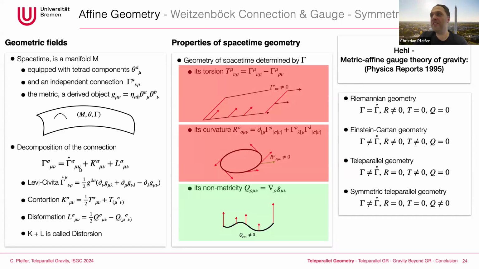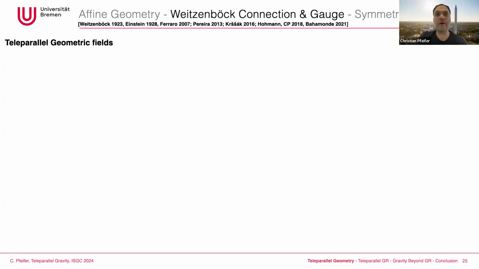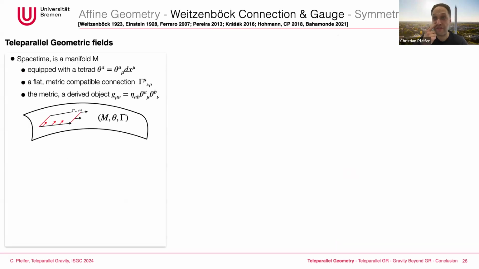So now, what are the properties if we restrict ourselves to the teleparallel geometry? There, as geometric fields, we take the tetrad as our fundamental variable. We take an independent flat and metric compatible connection, as I already said. And the metric we consider as a derived object, which we can derive if it suits us, but we don't